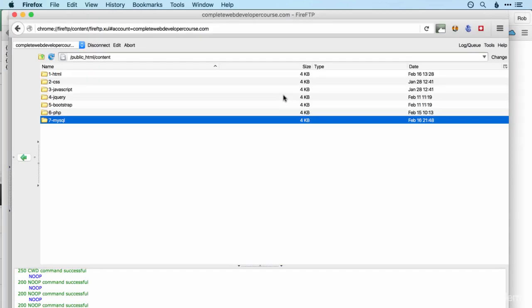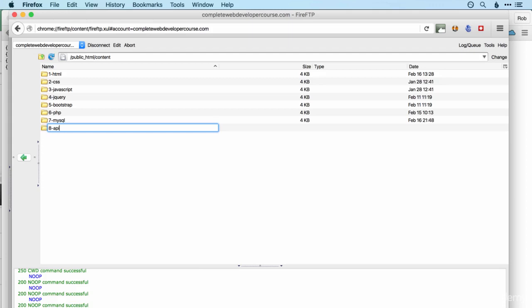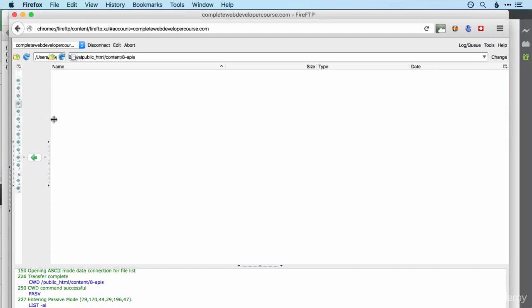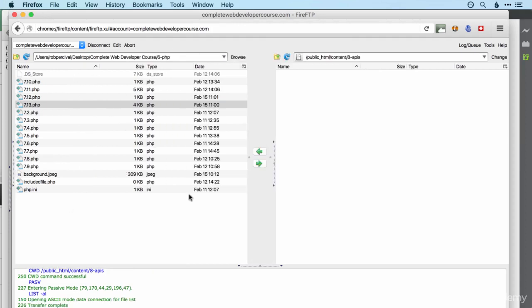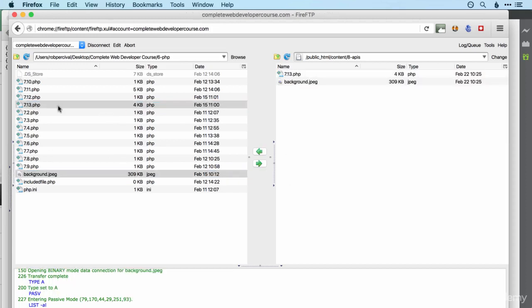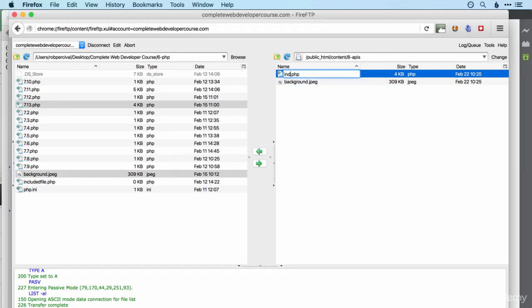Let's jump over to FireFTP, and I'm going to create a new section. So I'm going to create directory, and this is going to be 8-APIs. So we'll go into that folder, and then I've actually got the PHP section from the course here, and the file that I need is 7.13.php. That was the What's the Weather app, and I'm going to grab the background image as well, so it still looks nice. You can get those either from your own version of the What's the Weather app, or just go back to the lecture and click on the link to download the code. All right, now I'm just going to rename that index.php,